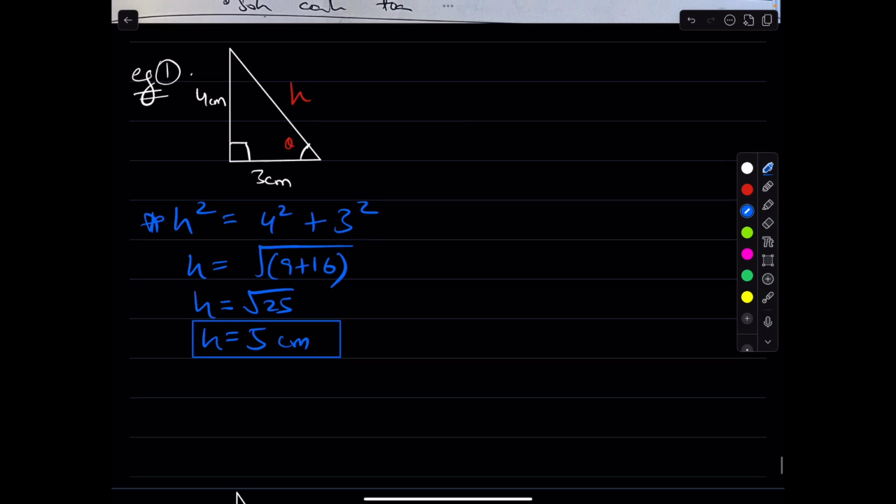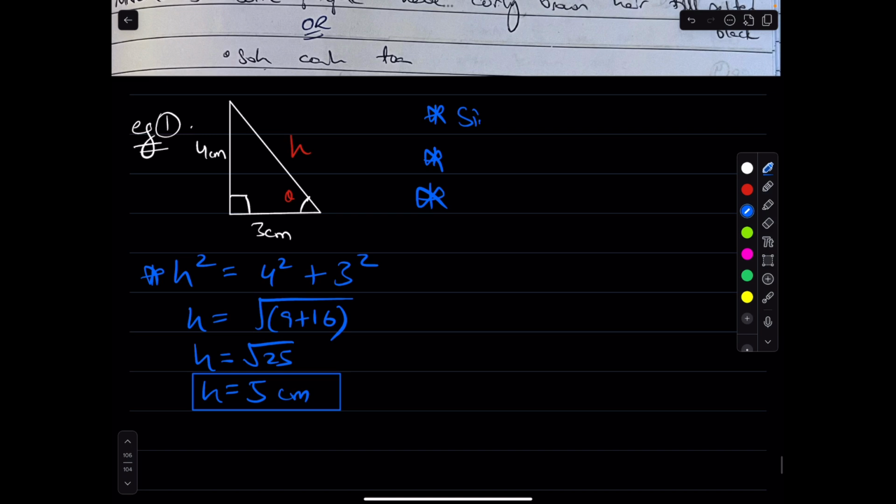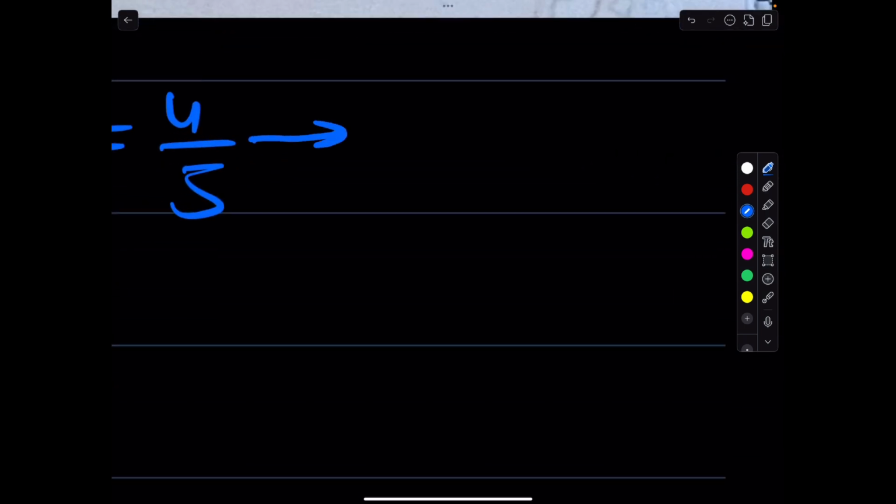Now the angle. Since we have all three sides now, we can use either of the trigonometric ratios. First of all, let's use sine. That is, sine theta is equal to opposite over hypotenuse. This is the opposite, this is the hypotenuse, which we found here. Thus, we have 4 over 5. When you put this in your calculator, you will have theta is equal to sine inverse of 4 over 5. This would turn out to be